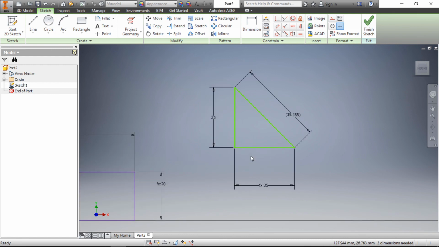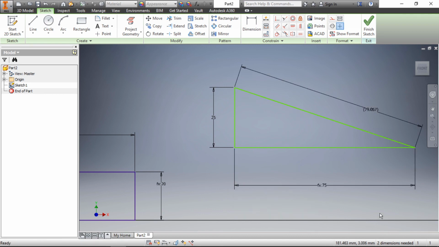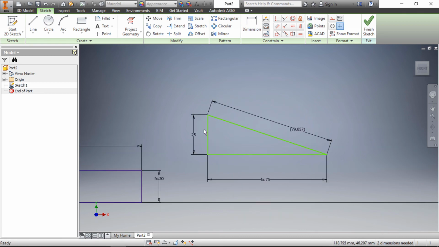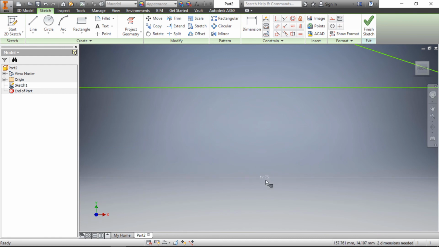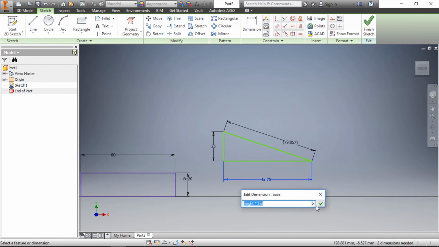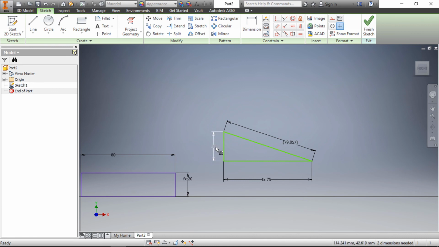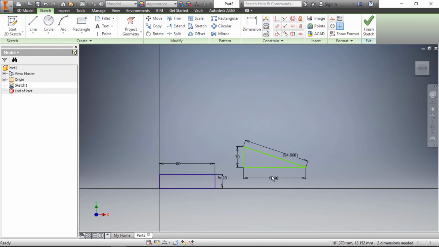If I wanted to give the relation, then again double click. Just modify. For example, I will write down multiply by 3. Then it was 25 and becomes 75 because you have given the dimension multiply by 3. If I update this dimension, then this value will update automatically. For example, instead of 25, I will write down 30. Then the same changes will appear here. So this is how a parameter will work.